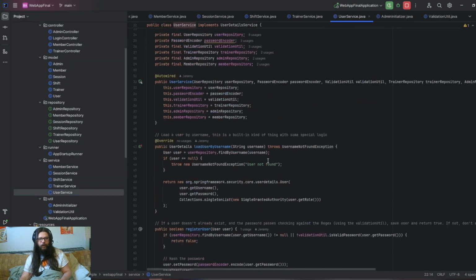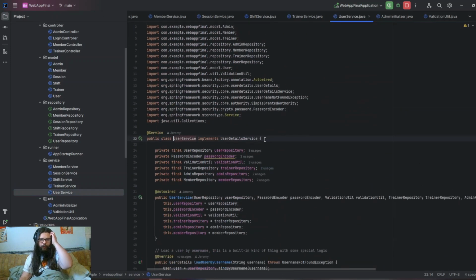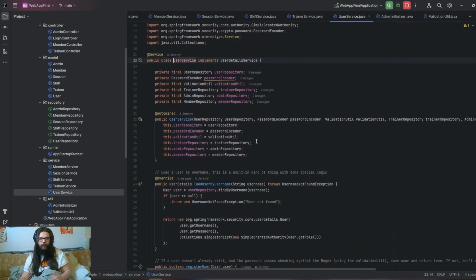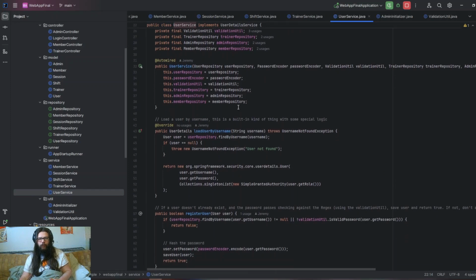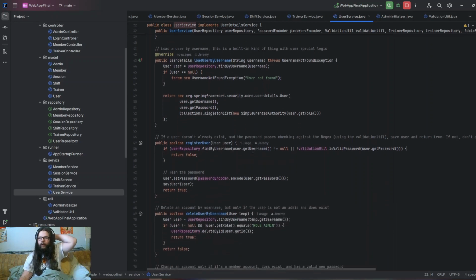And then the other big one is this user service because it does more stuff than you probably expect because of the different users. So load user by username. If user equals null, user not found, but then this is a built-in thing with special logic. That's why it has the override, and this is mostly for Spring Security, so you can actually sign in and stuff. But then register user is where it gets a little more interesting because you find user by username,